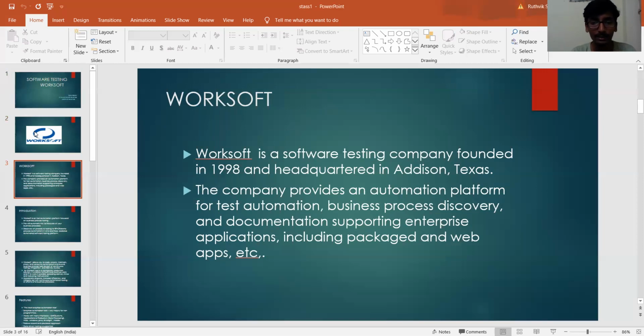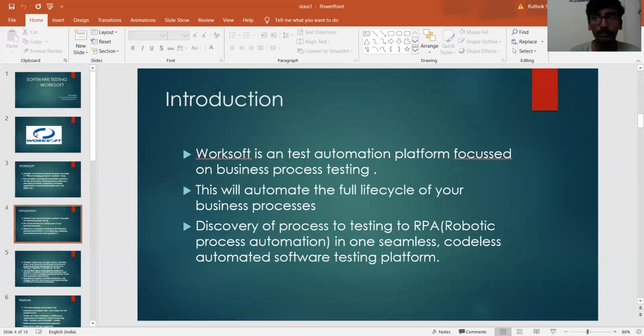automation platform for test automation and also business process discovery and documentation supporting enterprise applications including Pega and Pega Web, etc. It means Worksoft is recognized by industries as a flexible automation platform for enterprise applications like SAP, Oracle, etc. and also web, etc. To know more, let us move on to a